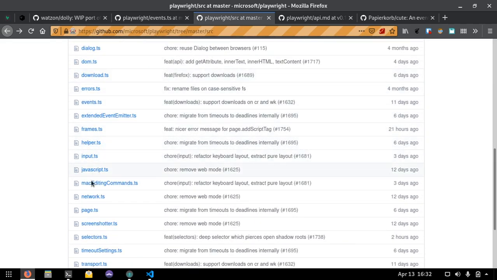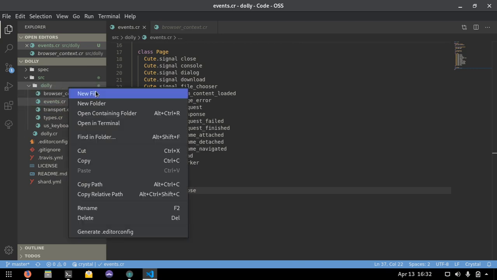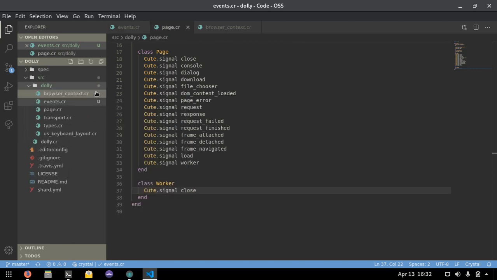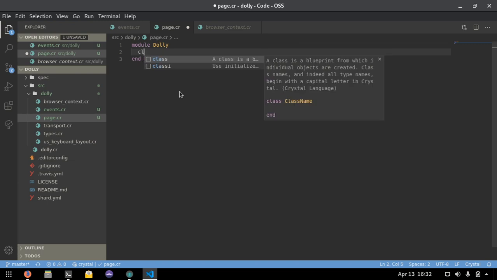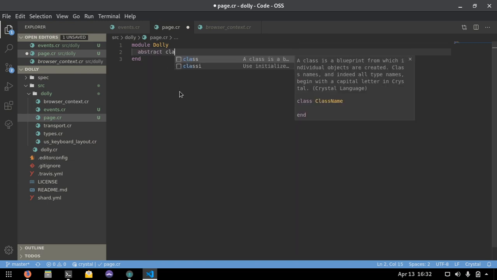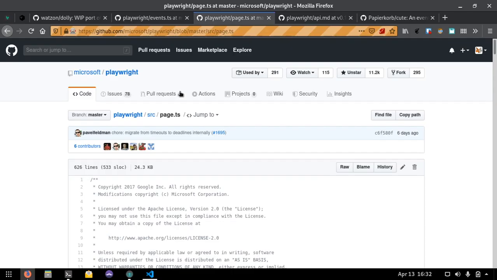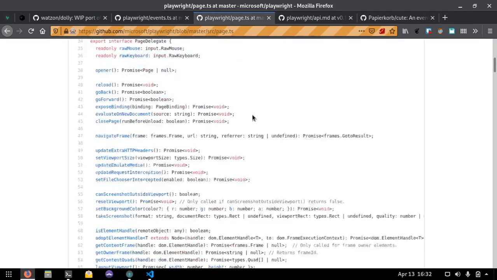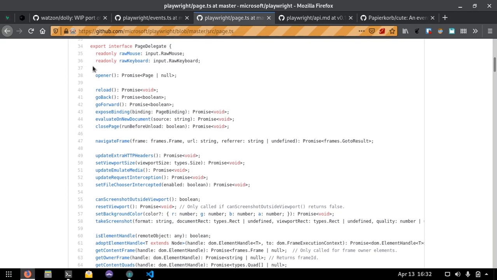Let's go back to page. Let's actually make a file. And then